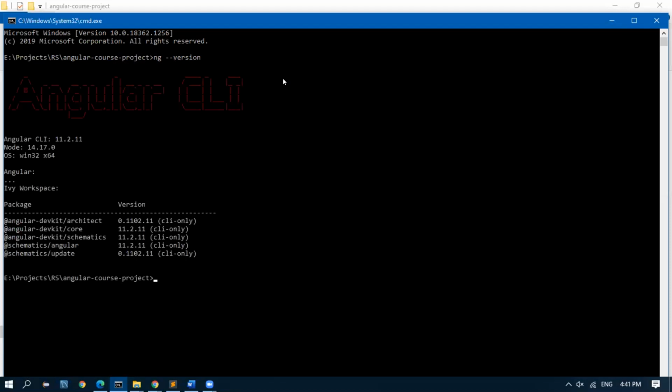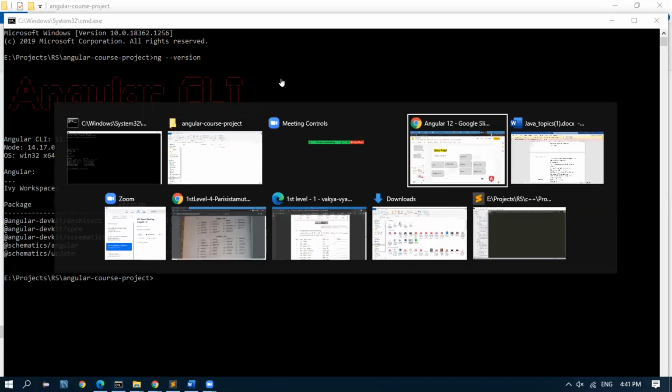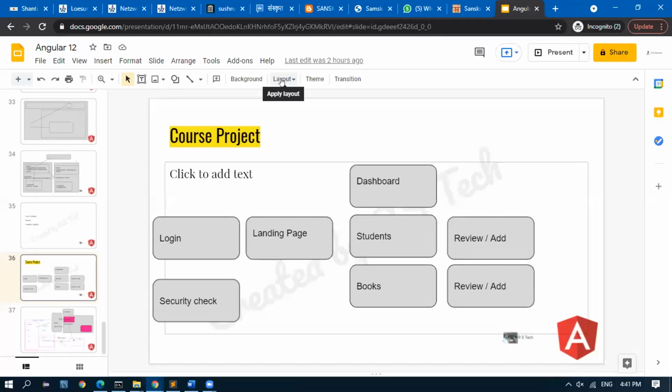Rajesh, now what we're trying to do here? We are going to do the course project. We have studied the concepts so far. We will be creating a project from scratch. This is the project I have. We'll have a login page, and we'll create a landing page after login.